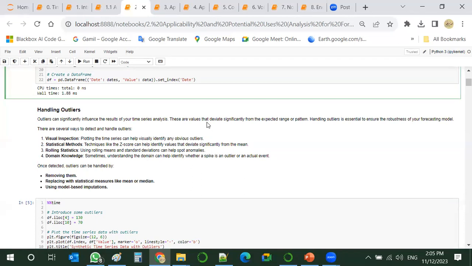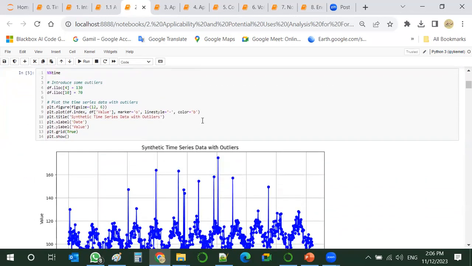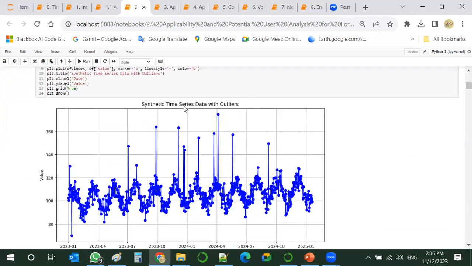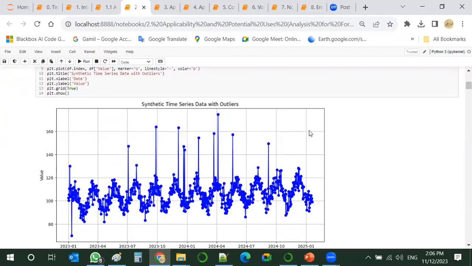So once we detect them, we have to handle them. We have to remove them, we have to replace them, and we can use the whole data set after that. So this is how it looks. How does our synthetic time series data with outliers look?